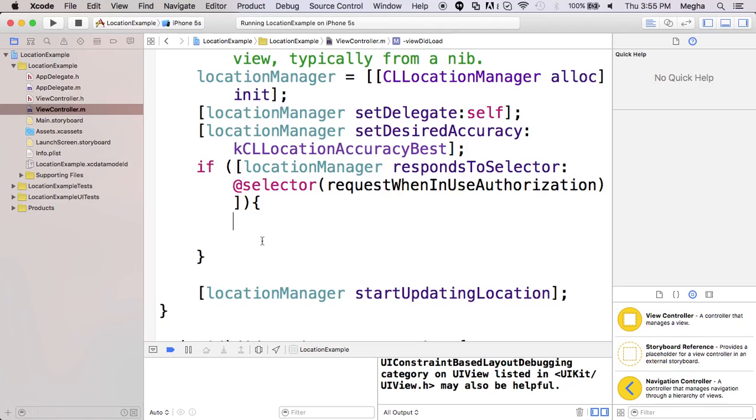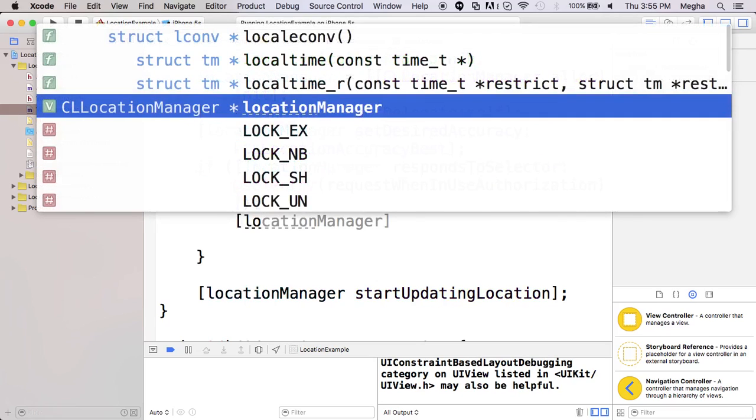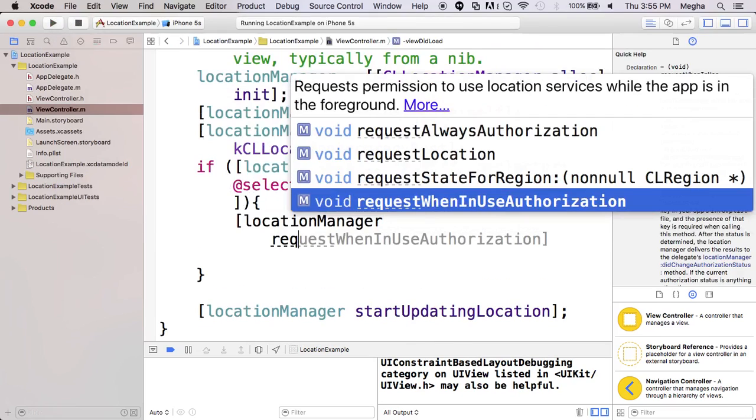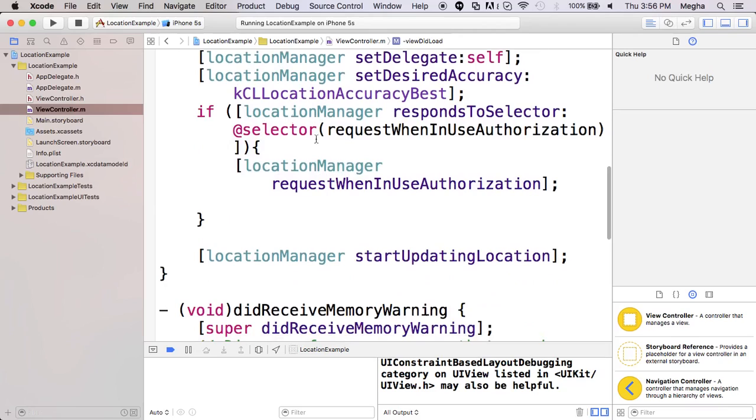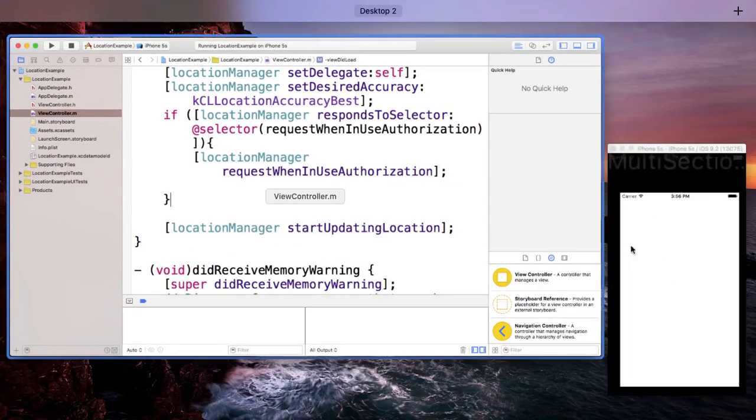If this particular permission entry is there in your plist, you can raise that particular request for authorization. If it is mentioned in your plist, you can raise the dialog and proceed, letting the user select their own permission. So once I put that,